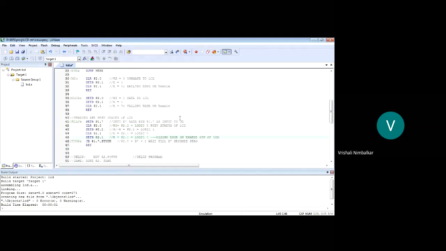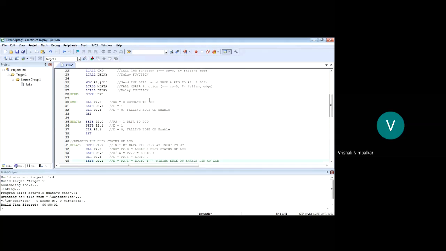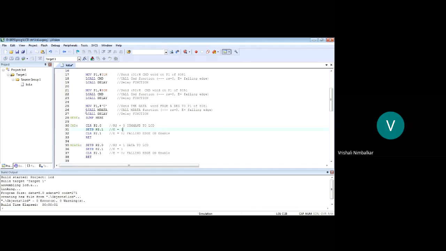Now see here, students, whatever program we have written, it is displaying only one character on the LCD. Now I will modify the same program so that it displays a message, a number of characters on the LCD.